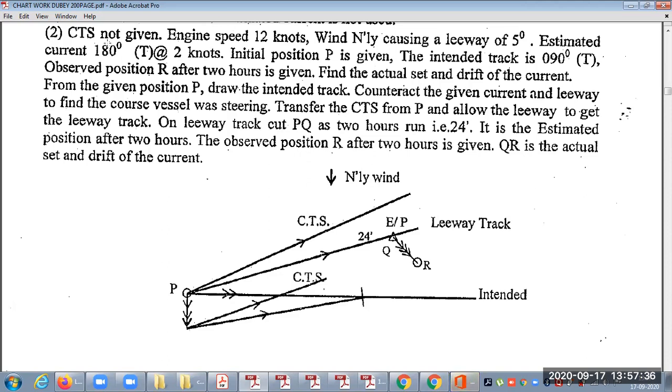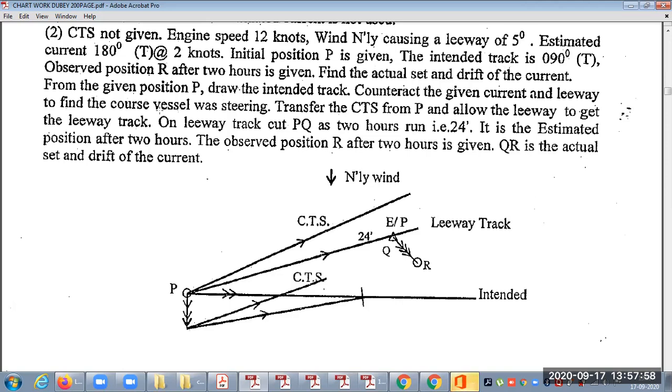So first we will apply the counteracting method. Engine speed is 12 knots, wind northerly causing a leeway of 5 degrees. Estimated current is given, which we are not using.